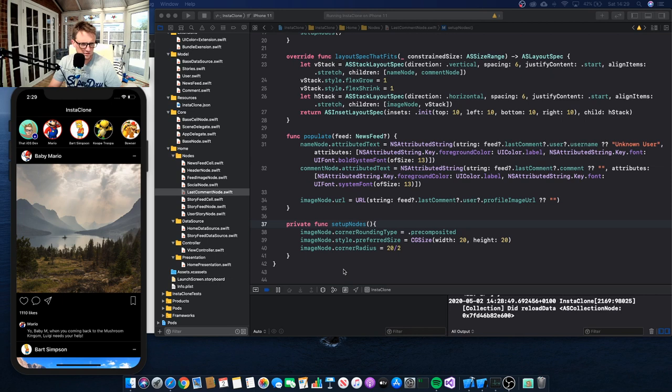So the next plan for the video is, like I said, we're going to be looking at doing the profile, but we're also going to be looking at doing the tab bar as well. So how to create a tab bar programmatically. Now Texture doesn't really offer its own AS tab bar controller like it does with the AS navigation controller. So we'll be just doing stuff in UIKit, and